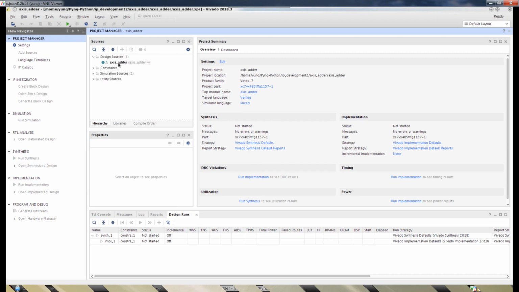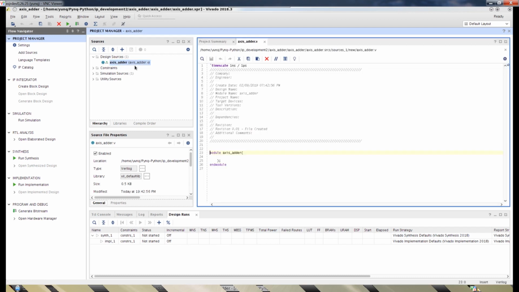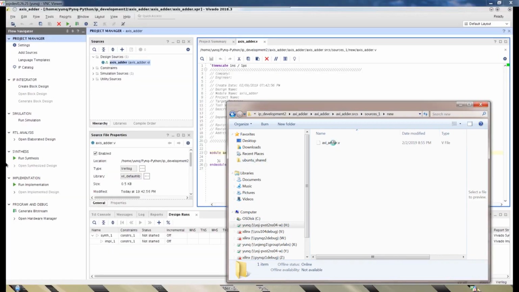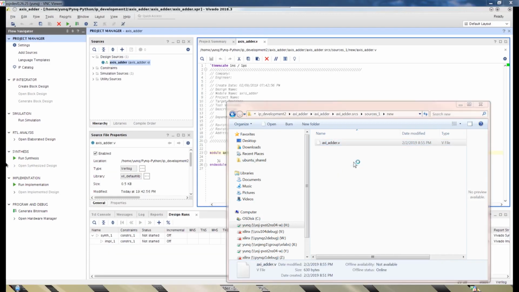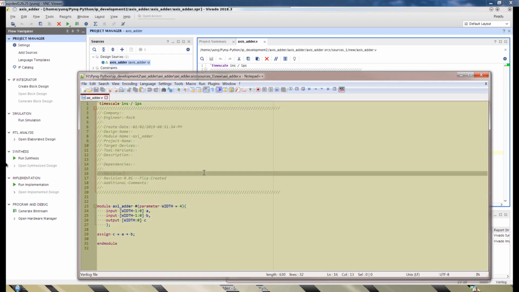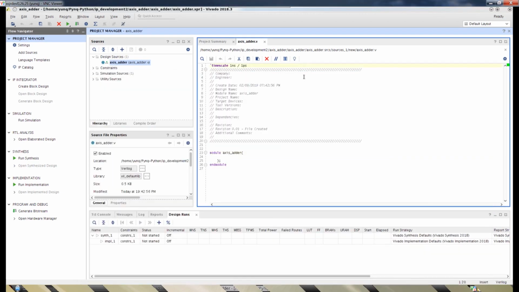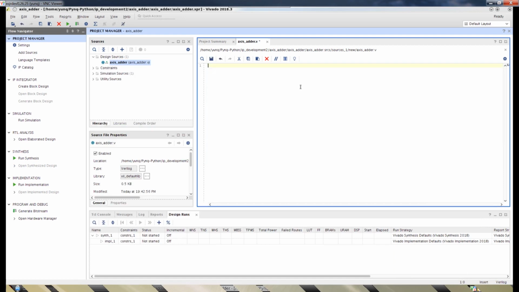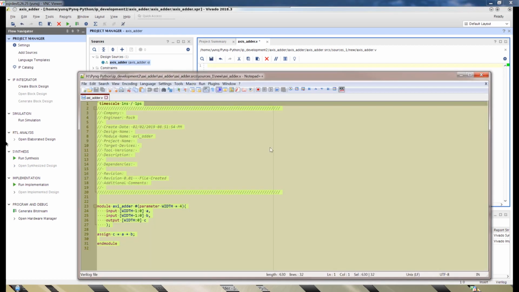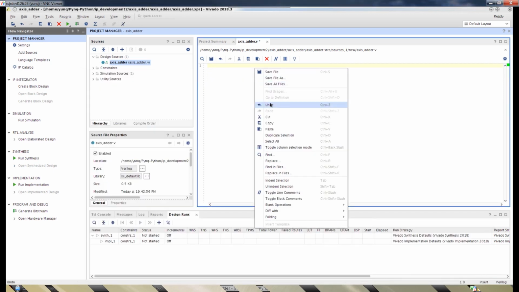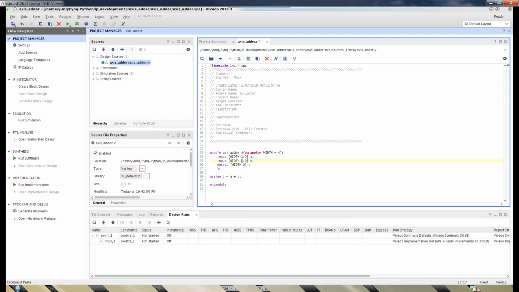So let's open it. Let's open the axadder.v so we can directly borrow something from there. Let's just copy it and paste it here. Okay, this is the axadder we did last week. So if you check the module name, if you want to change this to be like an axis stream thing,